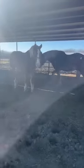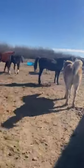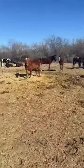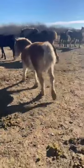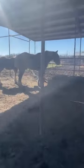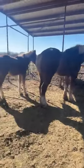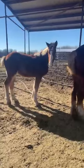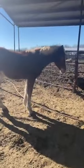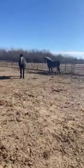There's another Belgian. There's a Belgian stud out here. There's a Belgian mare. Got some cute halflinger ponies. There's another little halflinger. Here is the Belgian. We have this Belgian baby. He's still a little stud colt. It's a big old baby. We've got